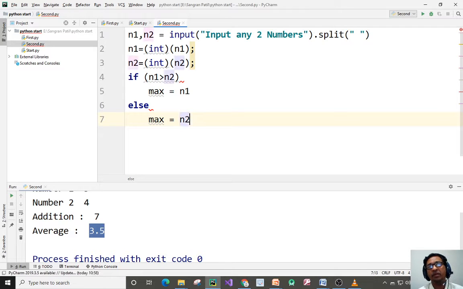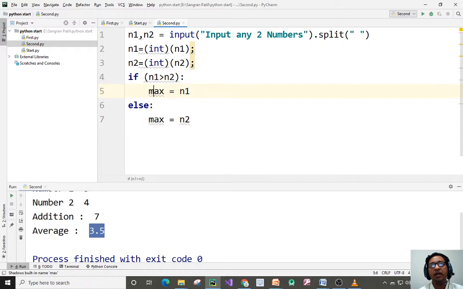Here we don't use a semicolon, and the most important part is that after the condition we must give a colon, and after else we must give a colon. This is the rule.